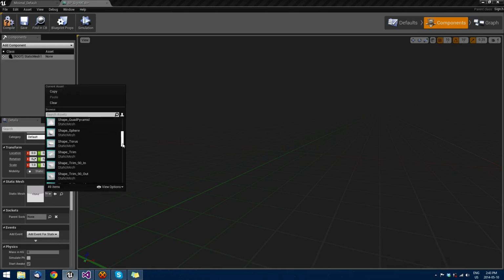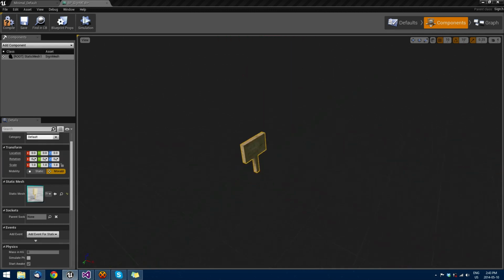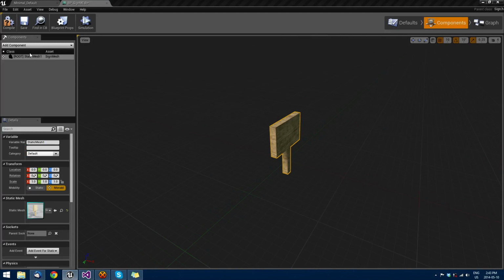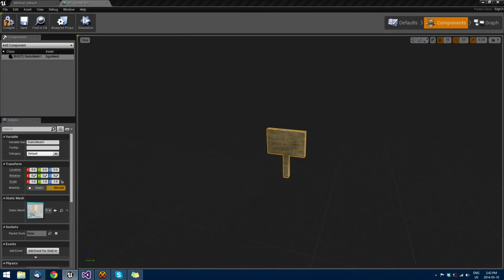We'll go down here and you'll go to sign mesh here, and in our component view we now have the static mesh as our sign. We can press Alt to tumble around this. We can see that is in fact our sign that we created earlier. So we'll save that out, we'll compile that,